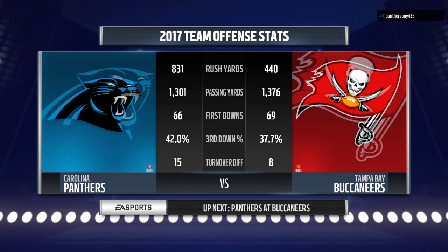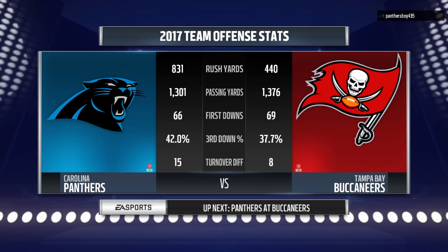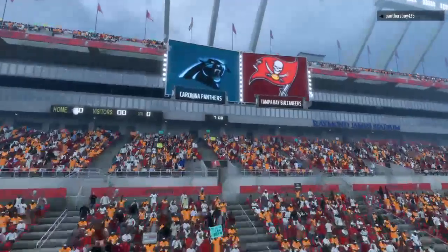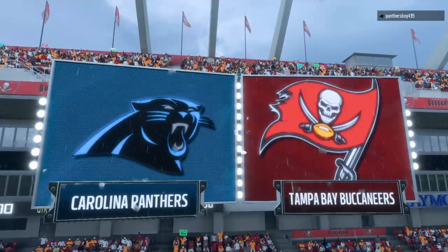Hello, everybody. I'm Larry Ridley. Welcome to Madden 18 on EA Sports. In today's matchup, the passing game will be a focus. The Buccaneers are number one in forcing interceptions, and they'll be up against a